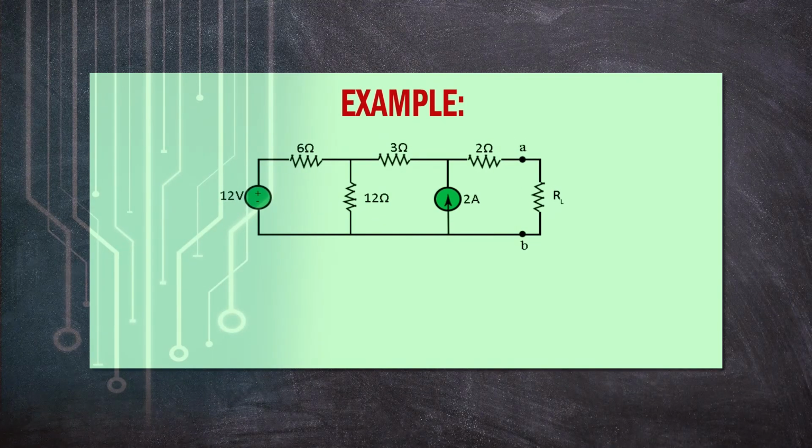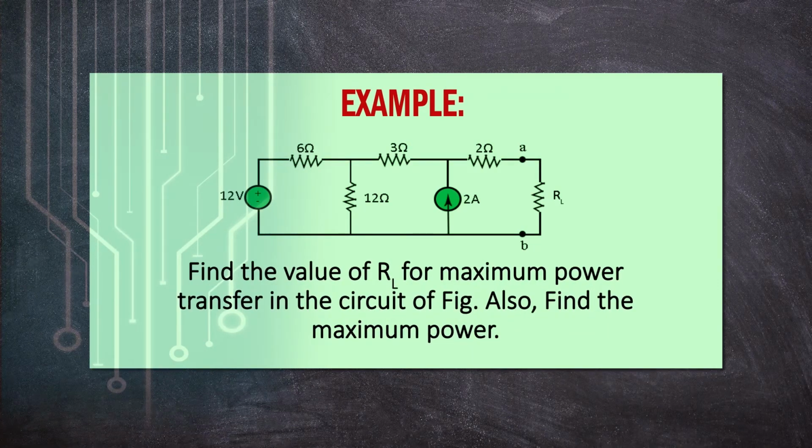Now we can take one example and apply the maximum power transfer theorem, and then we can calculate what will be the value of the maximum power transferred from source to load across the load resistance RL, and what will be the value of the load resistance to get the maximum power transfer from source to load. So first, as you know, what is the condition of the maximum power transfer theorem? Maximum power will be transferred from source to load when the load resistance is equal to the internal resistance of the circuit, or you can say it is equal to the Thevenin resistance of the circuit.